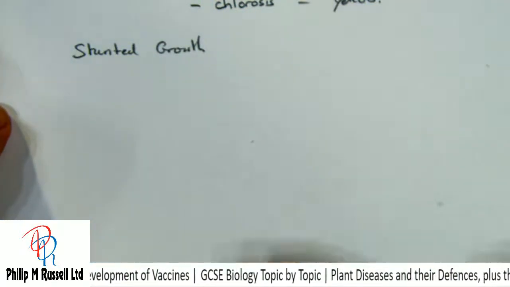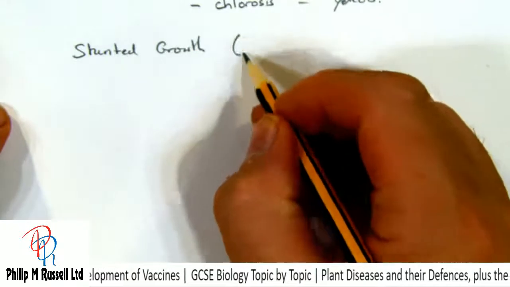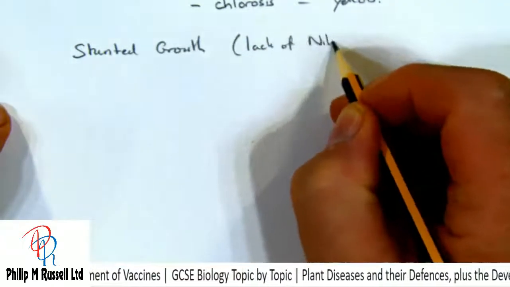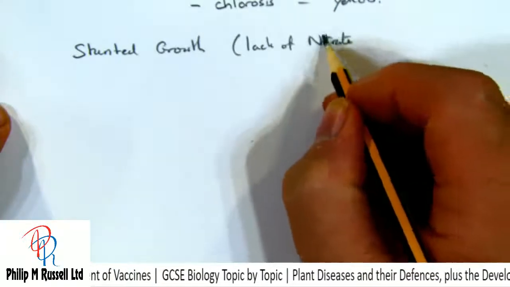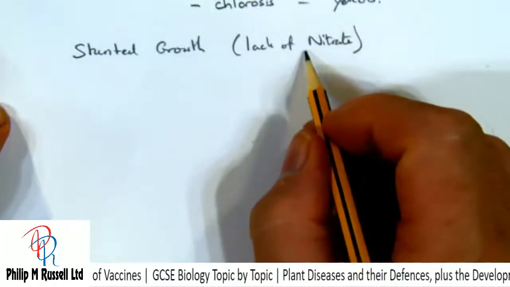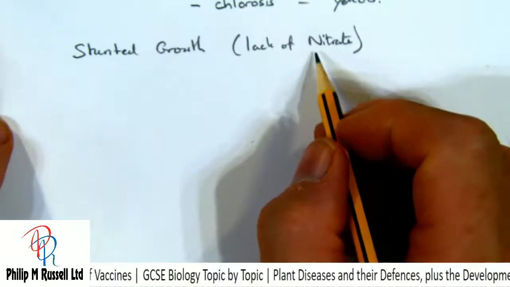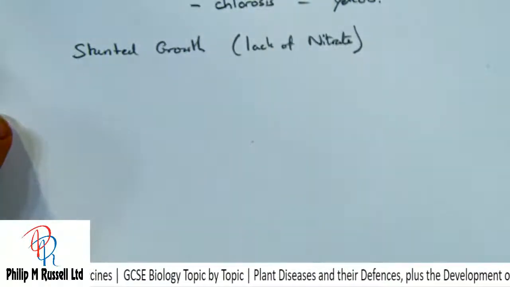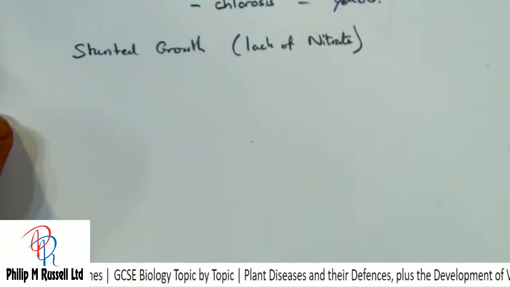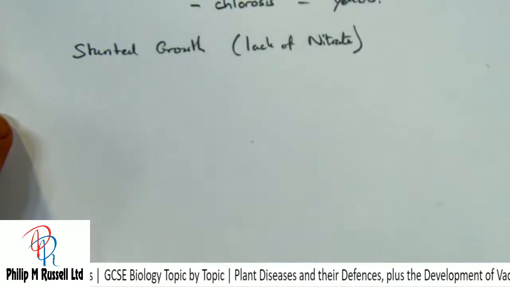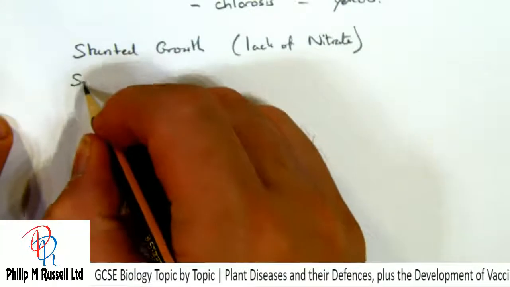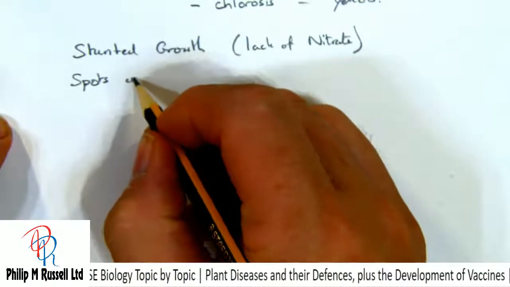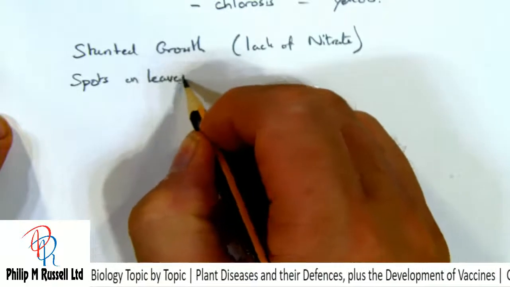And sometimes that can be due to, not exclusively, lack of nitrate, because the nitrate in the soil is necessary to add to the sugars that are made by the plant, and they're turning those things into amino acids, which will become proteins. We look for things like spots on plants, spots basically on the leaves, and this is